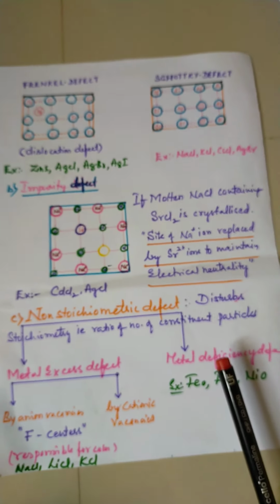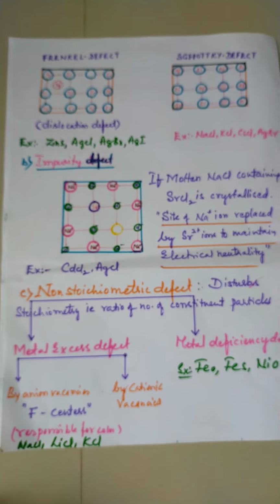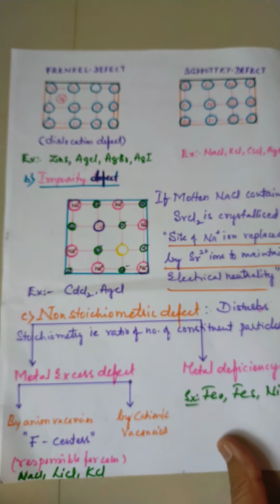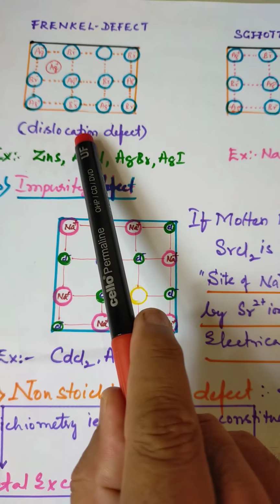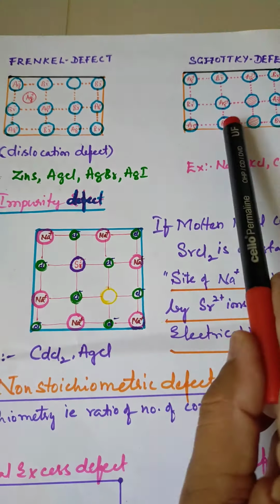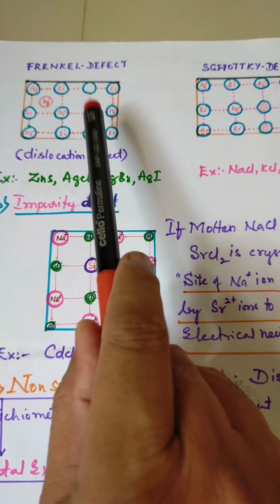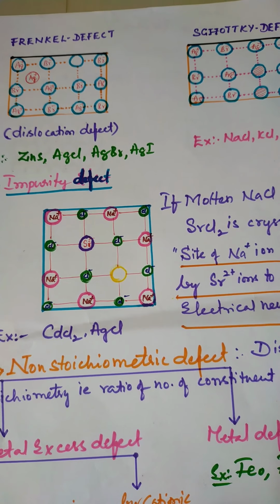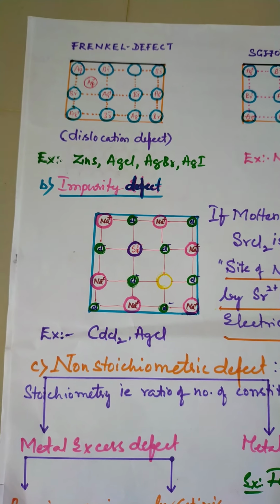Just go for this and take all the diagrams as much as possible. Then clearly know this one: very important are the Frenkel and Schottky defects. Here is the dislocation defect. This is not affected, whereas the density will be affected in Schottky. In the dislocation defect, the density remains the same. Got it? So in the questions, you should be very careful about the differences between Frenkel and Schottky defects. Two points will come. So after this I come to the electrical properties